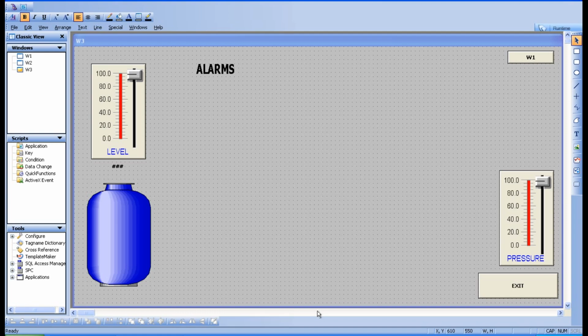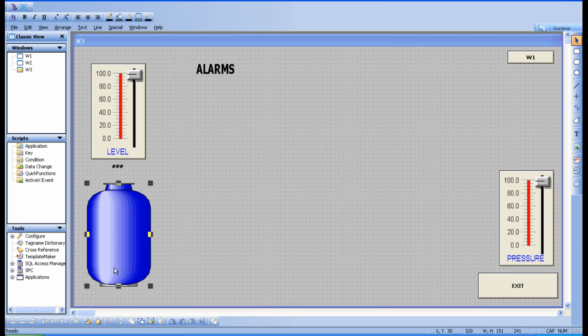Low alarm means what? For example, take a tank experiment. Imagine this is the tank. We have level as a parameter. So whenever the tank level is below 10 or below 20, you give a low level alarm trigger. That means you need to fill the tank. If it is reaching above 90, you need to turn off the inlet or turn off the motor. That is a high alarm kind of.